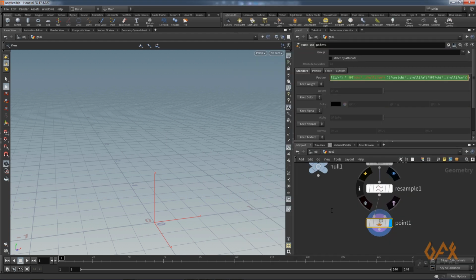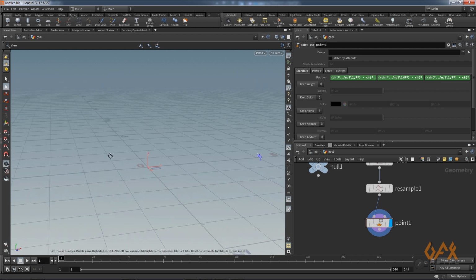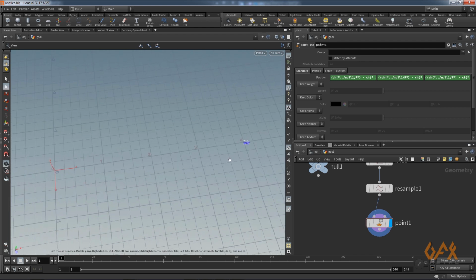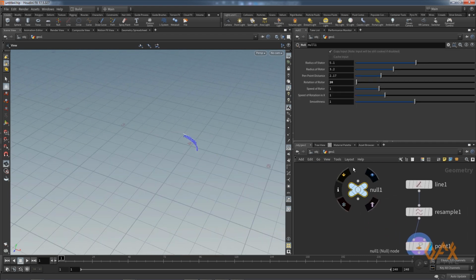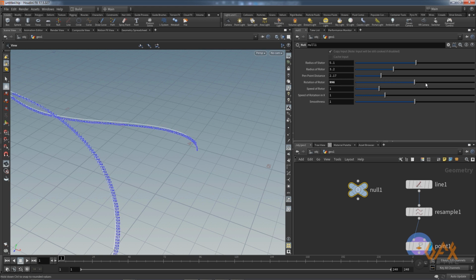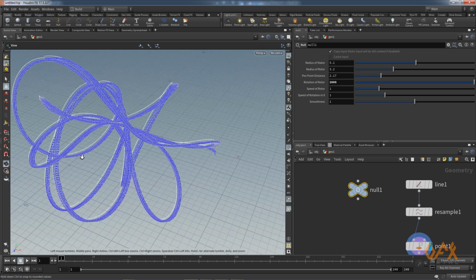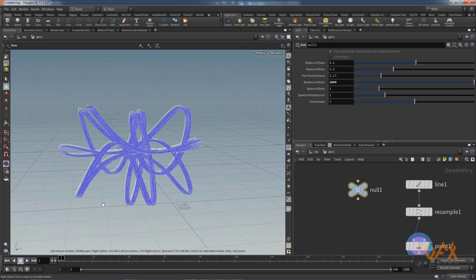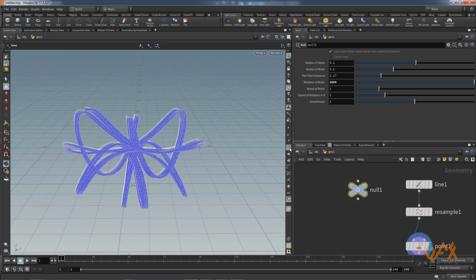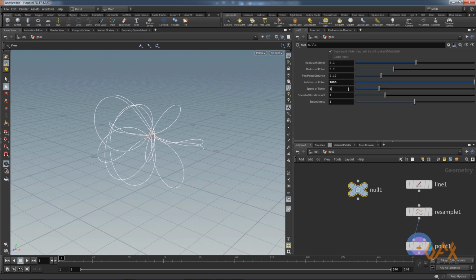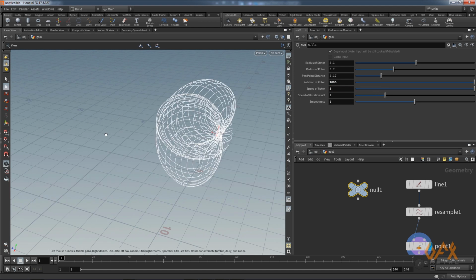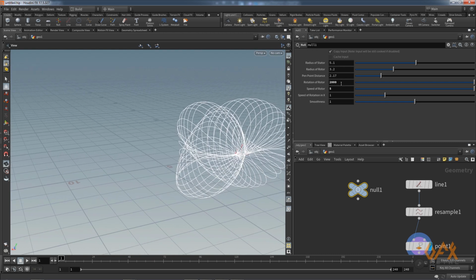copy, paste it, and now you see over here you find some small curve created. Now I go to this controller, and I increase the rotation of the rotor like this, and now you can find some spirograph. I temporarily disable this display point number. Even I increase the speed, maybe 5. Okay, now I animate this thing.